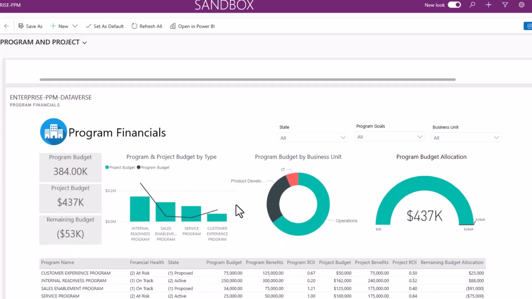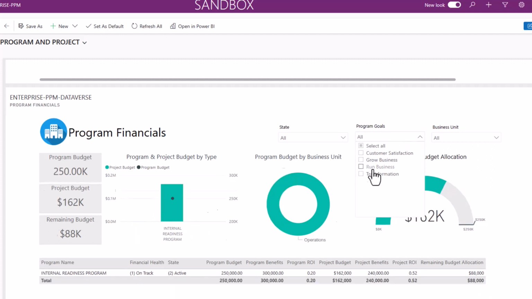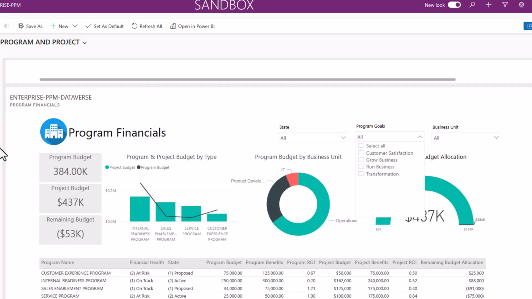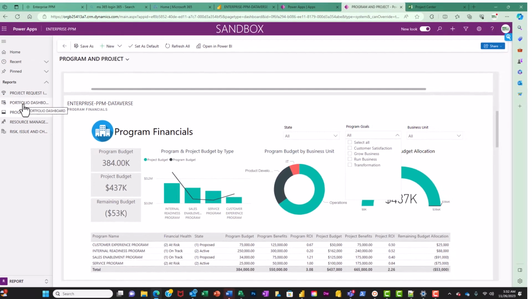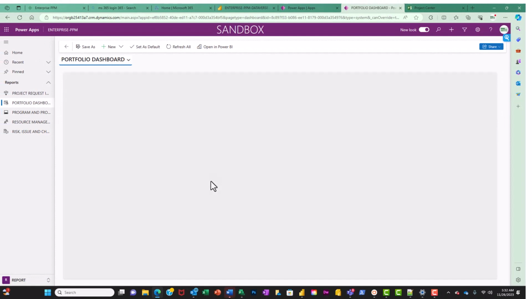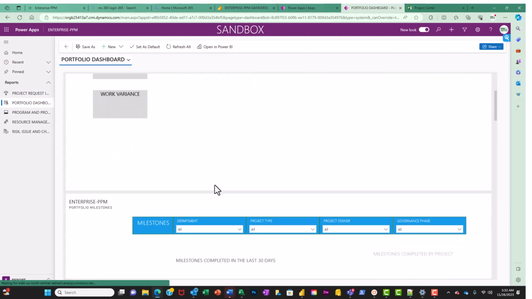We have some other program level reports that we can work with. Same thing, you can see the programs down here at the bottom, and all the different financial data points that we were tracking on each of those different programs, and then some different slicers and ways that we can look at these different programs, things like that we can work through. If I navigate back up to portfolio, the portfolio dashboard, and I'll scroll down here just a little bit,